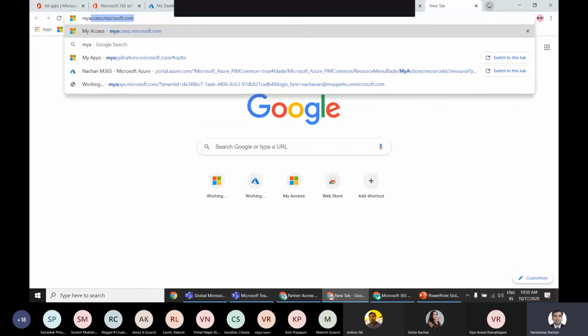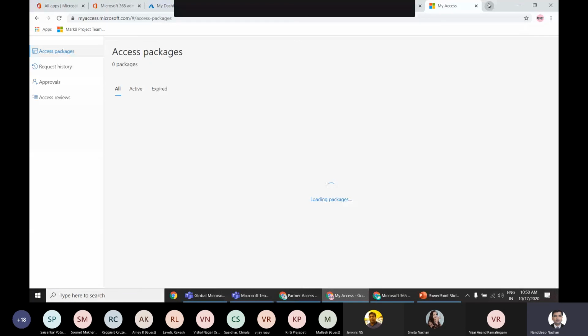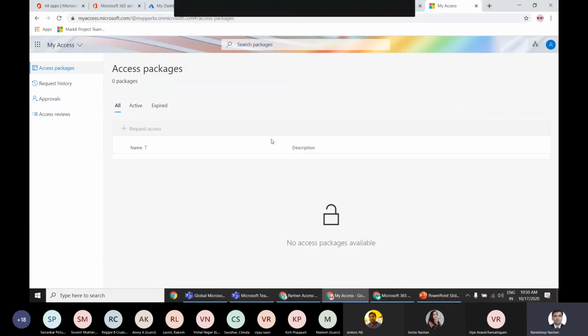myaccess.microsoft.com, the user from the other organization, that means from Fabrikam, should be able to see all of the accesses or all of the apps that have been shared with that particular user from the Contoso domain. Okay, so let it load. So okay, here, since this is the admin, he will see all of the access packages